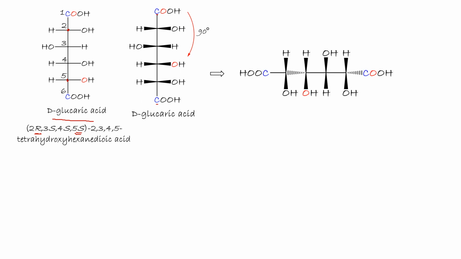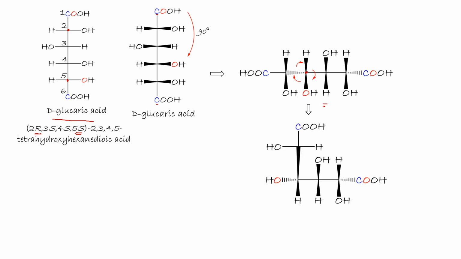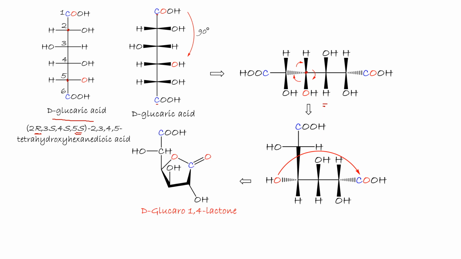We get this structure. We would like to get the OH on carbon number 4 in the back, so we have to rotate the 3 groups, H, OH and CHOH, right? When we rotate that, we get the OH in the back. Now it's close to the COOH for lactonization. That will give you this